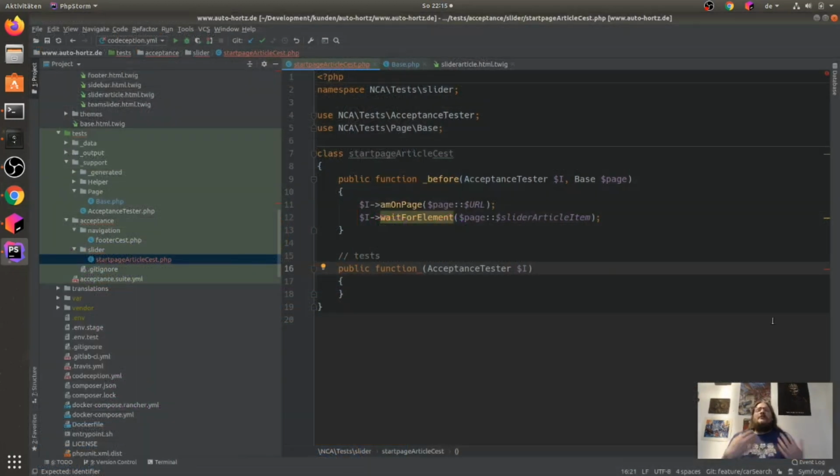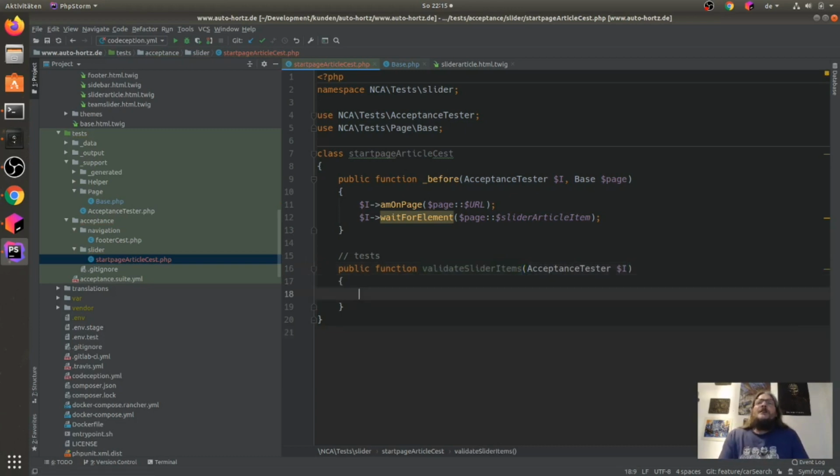So I have to think about the name here. I think the name can be validateSliderItems, because there will be a few things that I have to check. And first I will get all the items here to a variable.